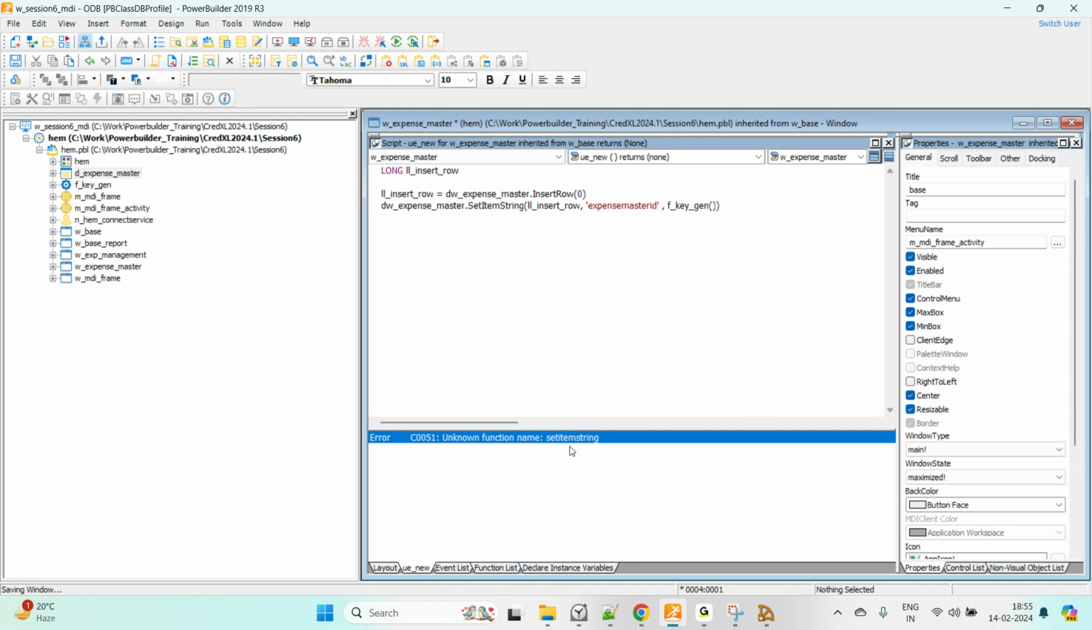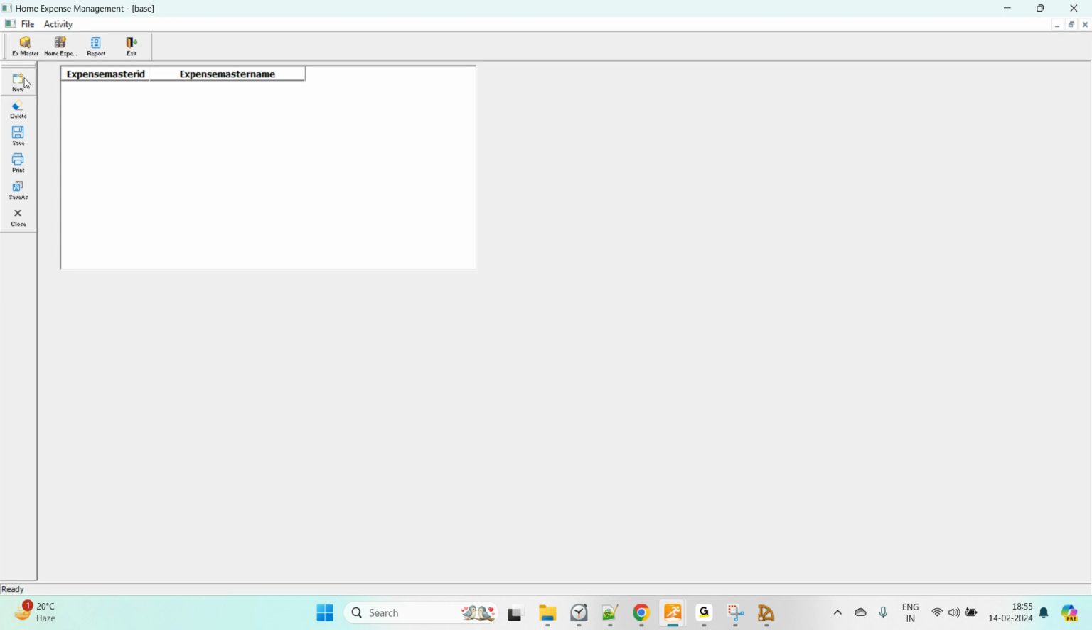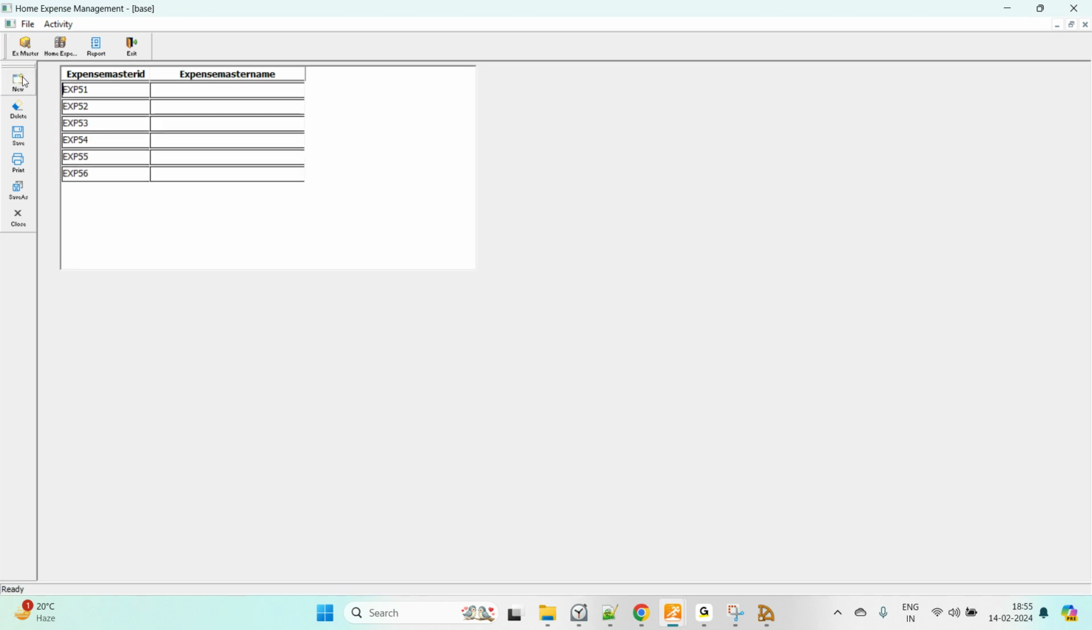unknown function name set item. Oh, it doesn't need a string, it is always set item only. Okay, now let me show you how it will work. Look, never repeated values,